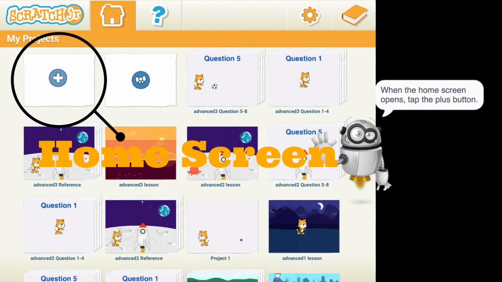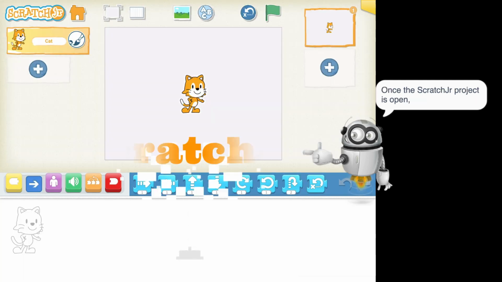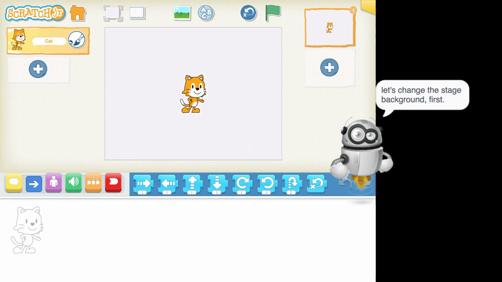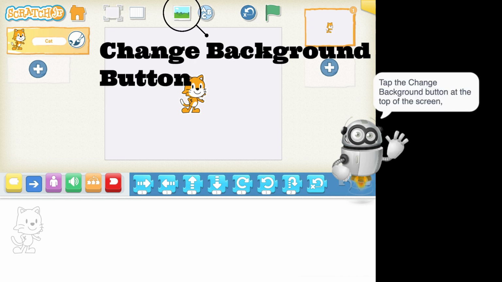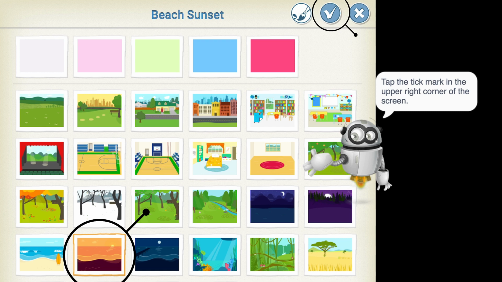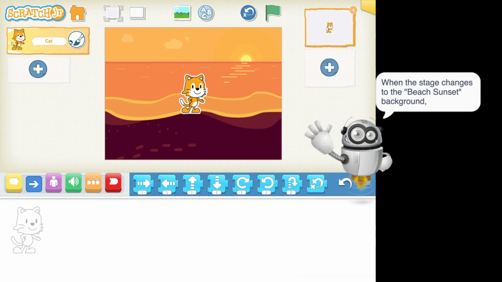When the home screen opens, tap the plus button. Once the ScratchJr project is open, let's change the stage background first. Tap the Change Background button at the top of the screen, and select the beach sunset background. Tap the tick mark in the upper right corner of the screen. When the stage changes to the beach sunset background,